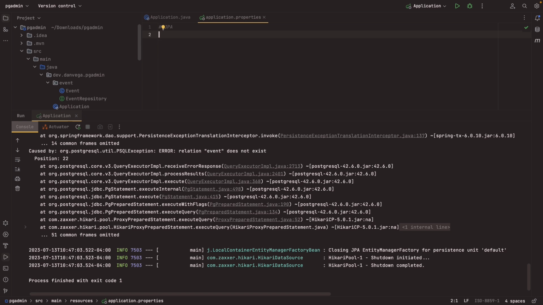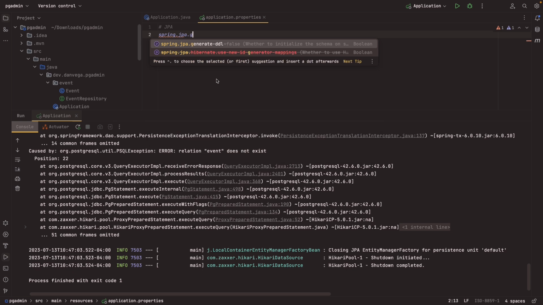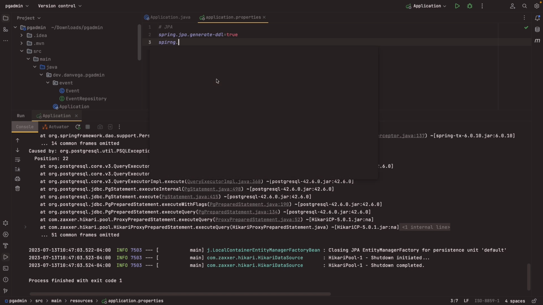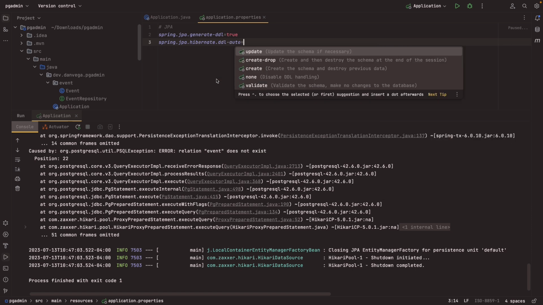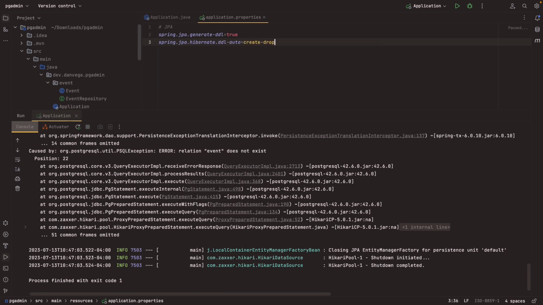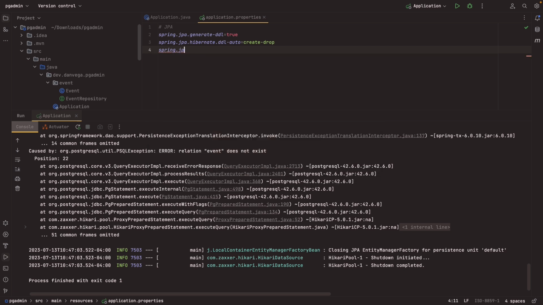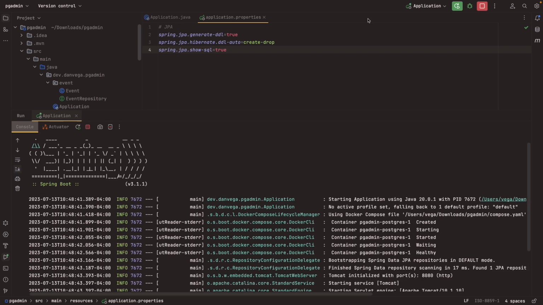All right, so a couple things when it comes to JPA here. Spring.jpa.generate-ddl we want to turn on. So we're going to turn that on. We get our DDL created for us. Also, when it comes to Hibernate's DDL, we want to set that to create-drop. So that creates and drops it every time. And then finally, I do want some SQL shown. So I'm going to say show-sql equals true. Okay, so now with those two things out of the way, I think we should be able to run this